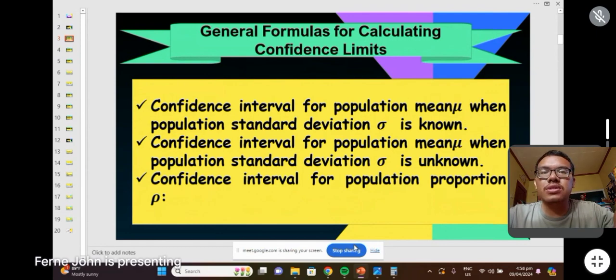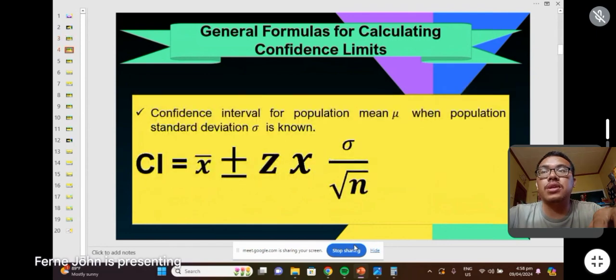So my task this morning is to discuss to you the first general formula, which is the confidence interval for population mean when population standard deviation is known. So the formula for this is: confidence interval is equal to bar x plus minus z times standard deviation over square root of n, where